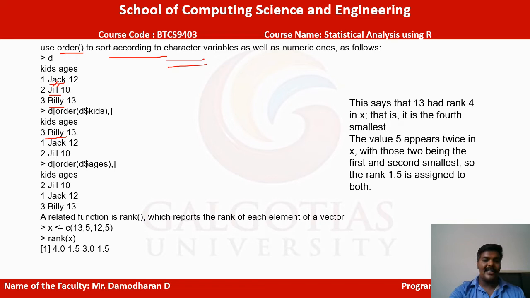So in J-A, J-I, obviously A will come first. So Jack and Jill: Belly, Jack, Jill will come in that order from the key names. Suppose we are going to sort by age. We will change it to 1, 12, 13. So we are going to arrange the data based on the order, and it will be printed.